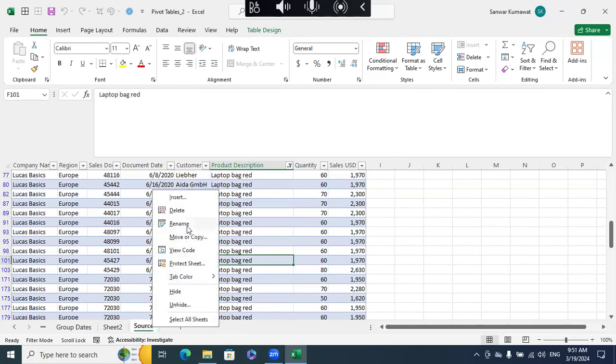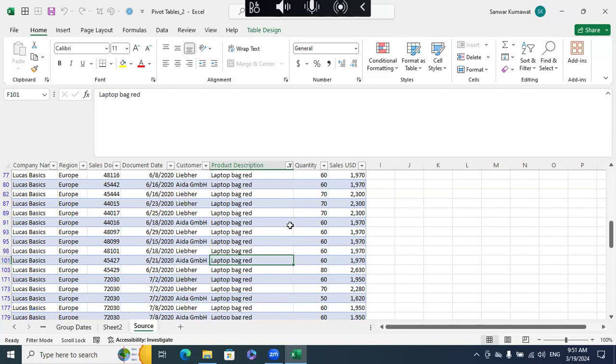If you deleted this and do not save the file, close the file, then if you open it again, source data will be there. So after deleting this, do not save the file. If you close the file without saving, then it can be recovered. But if you delete it and save it, then